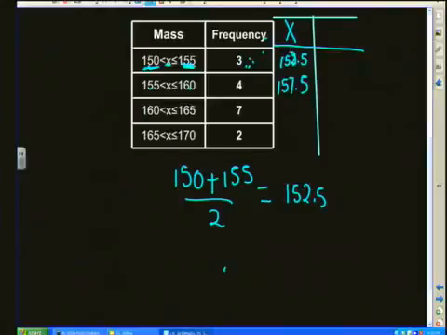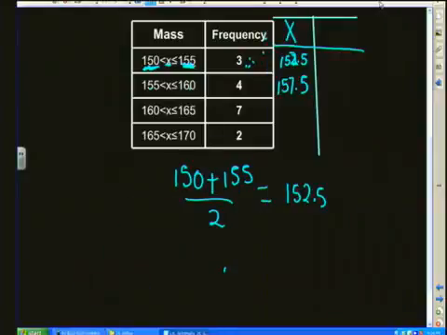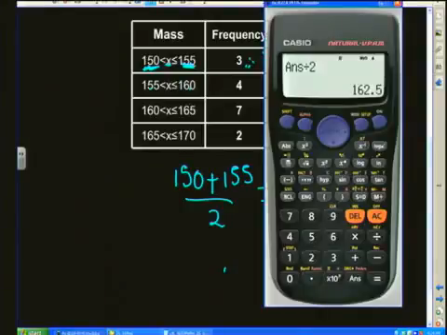Okay, let's just make that 2 a little bit more visible there. Okay, and then the third one is going to be 160 plus 165 divided by 2. That gives us 162.5. And then lastly, we've got 165 plus 170 divided by 2,